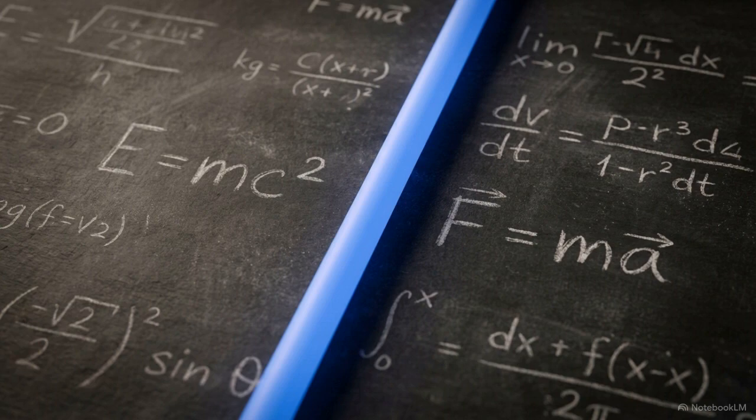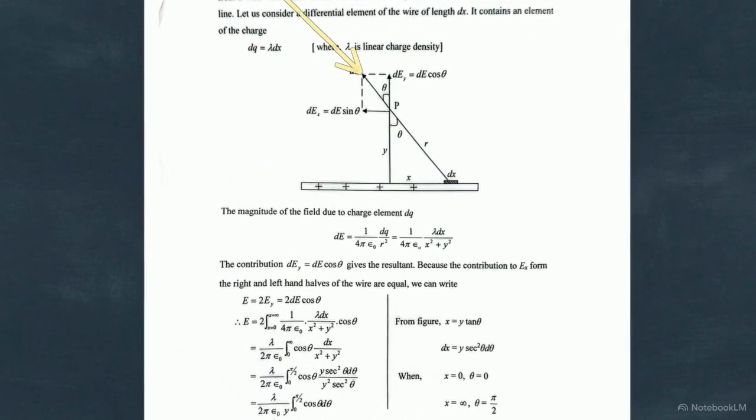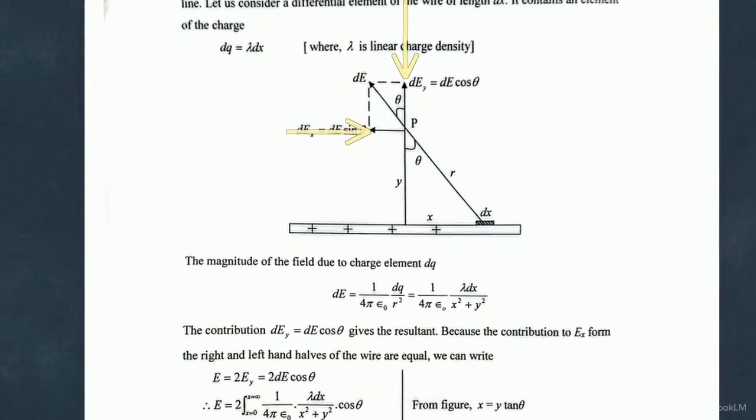Consider a standard physics benchmark, calculating the electric field at a point near an infinitely long, uniformly charged wire. This diagram establishes the setup. We isolate a tiny charge element, dx, and define the wire's linear charge density as lambda. The field contribution from this slice points diagonally toward our target, meaning the vector must be broken into its horizontal